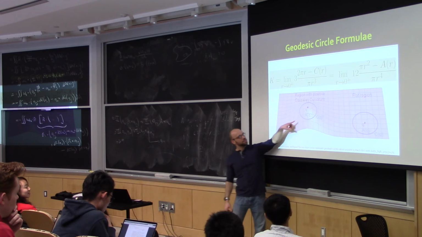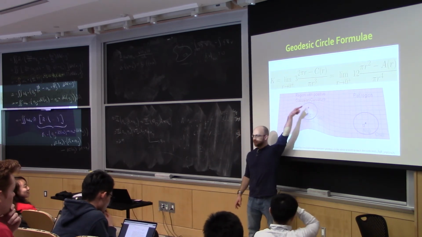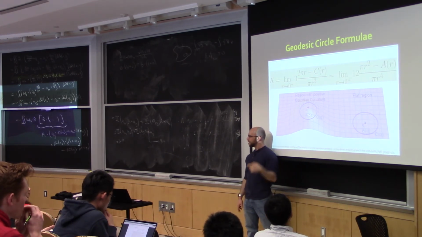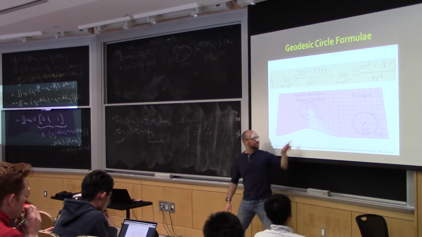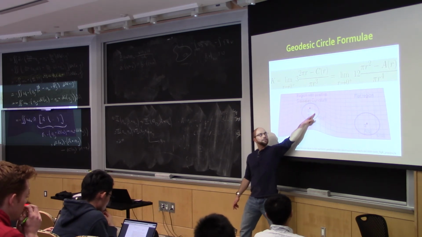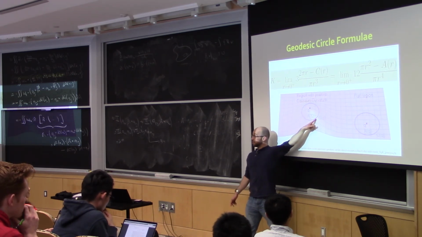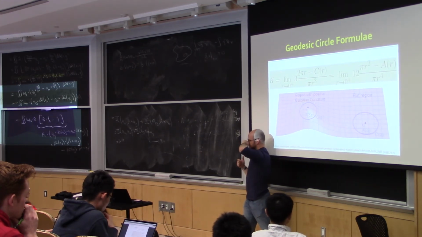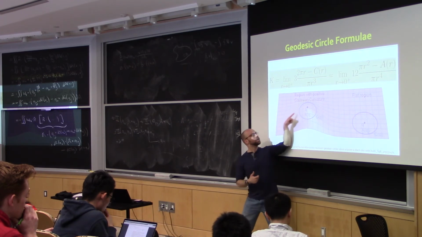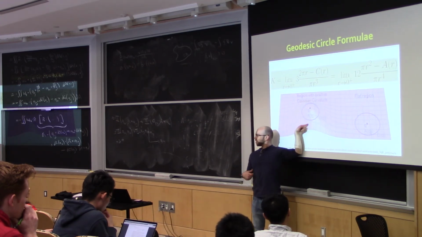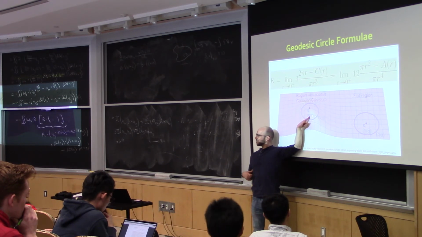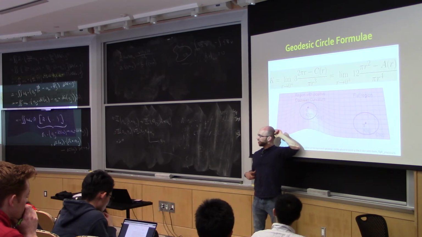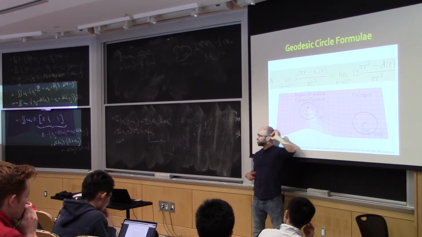Let's take a look at this picture here. This formula is cheating a little bit because we haven't defined distance yet, but we're going to use it. That's why we're not going to derive it, but I think it's intuitive. Let's say I'm standing at this circle and I walk along the surface 1 inch, in geodesic distance. It's like I have a measuring tape behind me unfurling as I walk along the surface. I can draw a whole unit circle by going in all the different directions out of that center point, and I can ask for the area of the circle enclosed in that radius. Does that make sense?